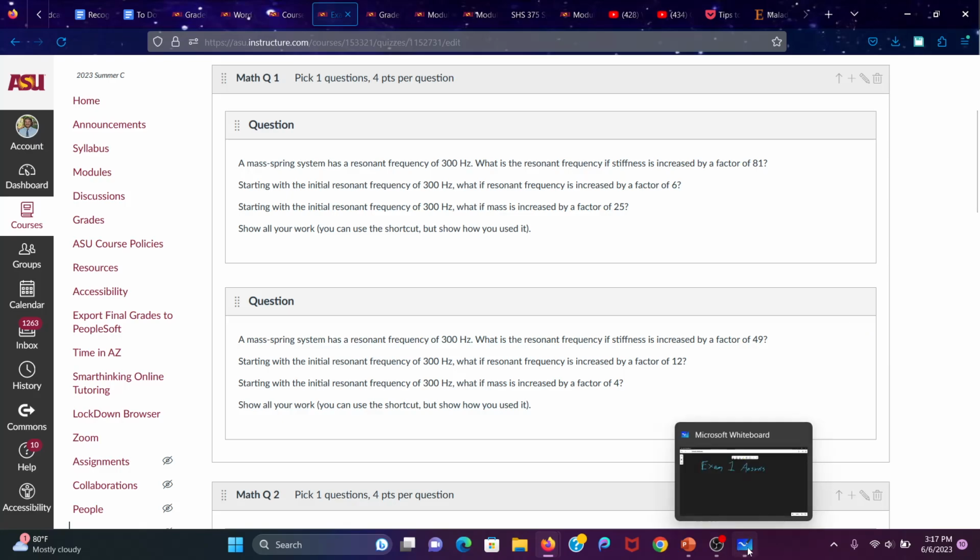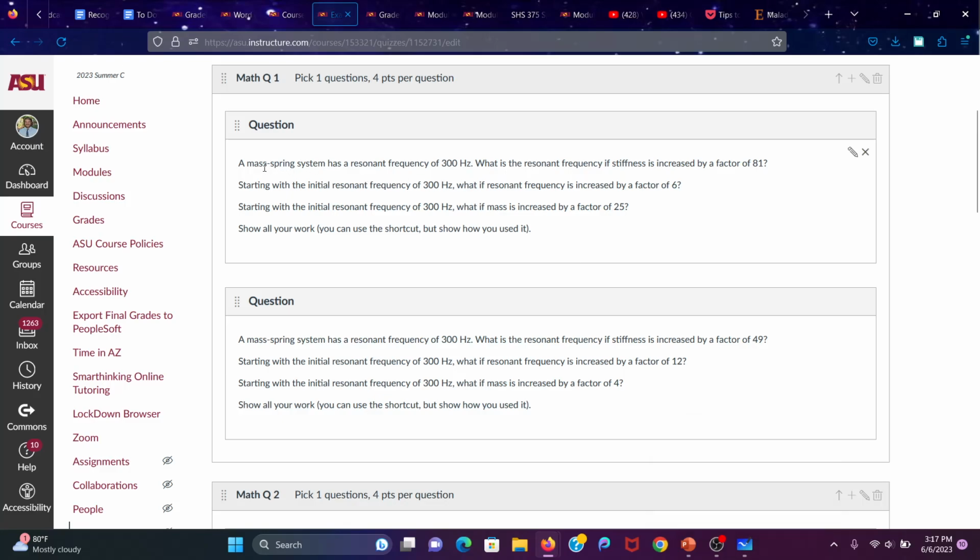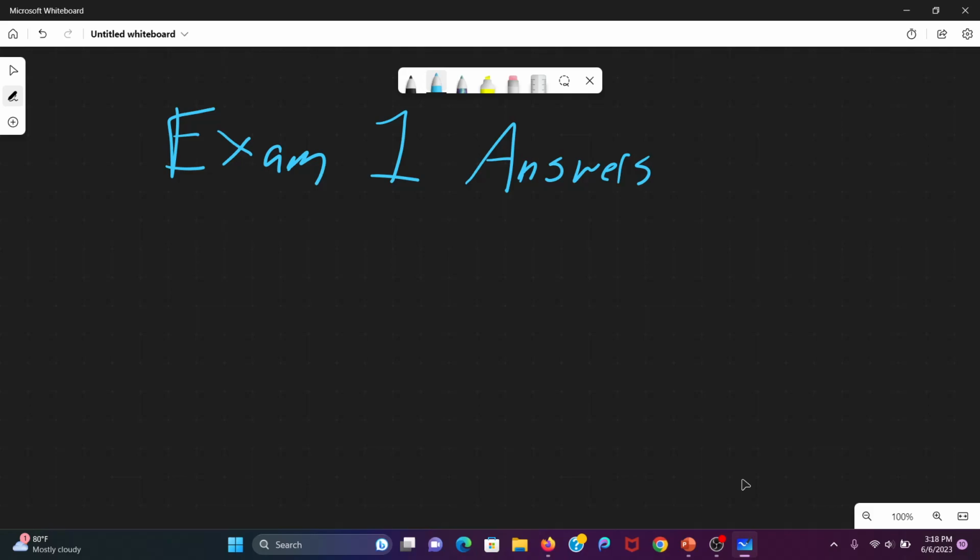So question one was this one about a mass spring system. It has a resonant frequency of 300 in both cases. What's the resonant frequency if stiffness is increased, then if resonant frequency is increased, and then if mass is increased? So the first thing that we're going to do is, what is our formula for a mass spring system? And so the formula is,